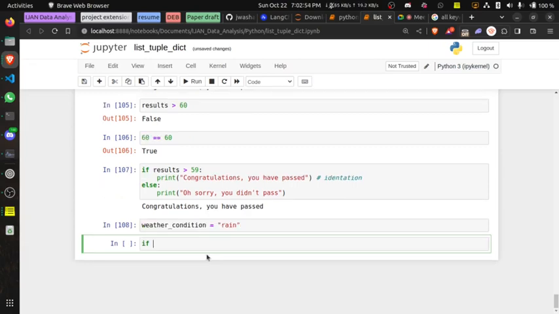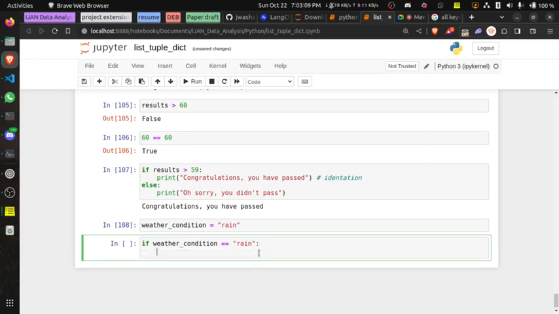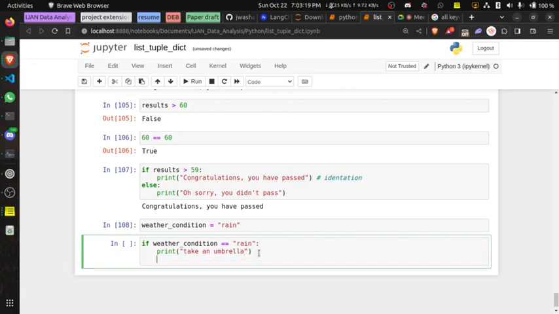If weather condition, that's the variable, equals rain. That means I want to first of all check for rain, right? So if it is equal to rain, print "Take an umbrella." Now, if it does not rain, that means this will not run.